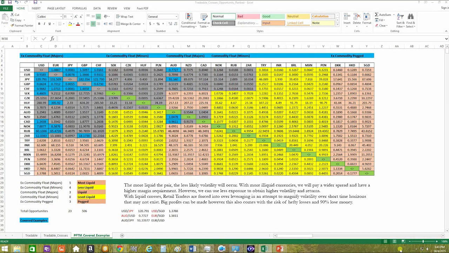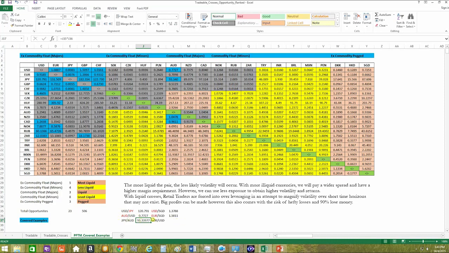Now, what if we wanted to do something else? What if we wanted to actually work out the reverse of this? So the Japanese yen Aussie dollar rate, with Japanese yen on the left-hand side and Aussie dollar on the right-hand side. How would we do that? Well, the easiest way to do that